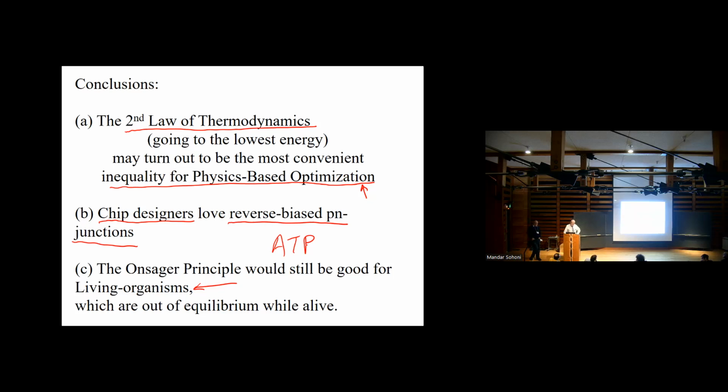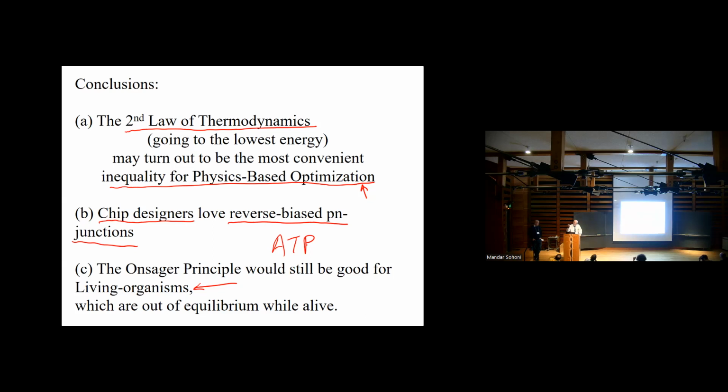Can you illustrate a bit more how, some of the principle, how to link the minimum dissipation to the minimum energy in some Ising machine problem? They're both competing approaches. They both represent two different physical laws. So I showed you a slide where on the right side was the second law of thermodynamics, on the left side is Onsager. Okay, and they're both inequalities that look like they could be useful for optimization.